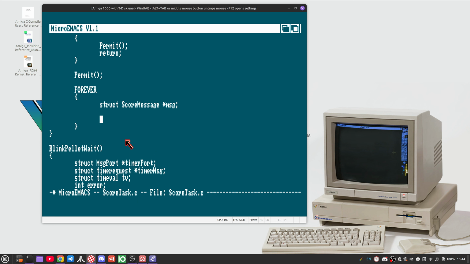And all we're doing, this is part of the magic right here, is get our message. We're going to wait on our task port and wait for a message to arrive. This is a very important way in which exec works, and one of the reasons why it is so efficient. Because what will happen here,